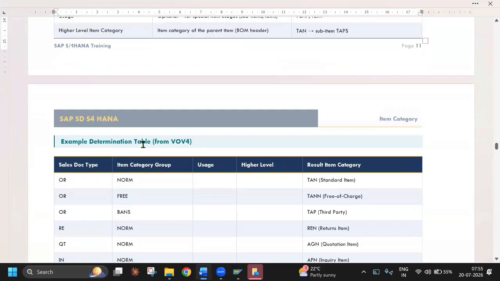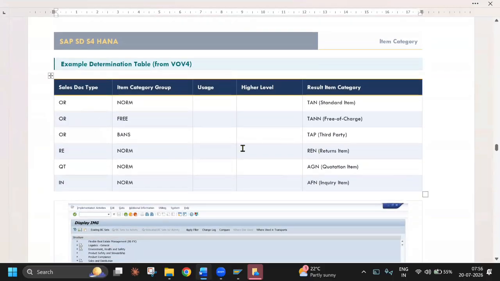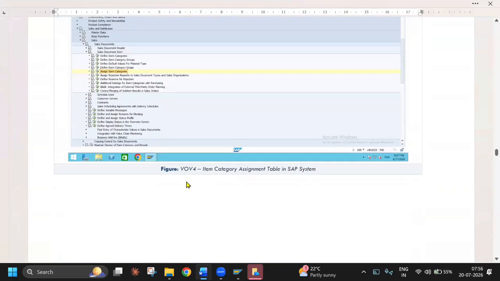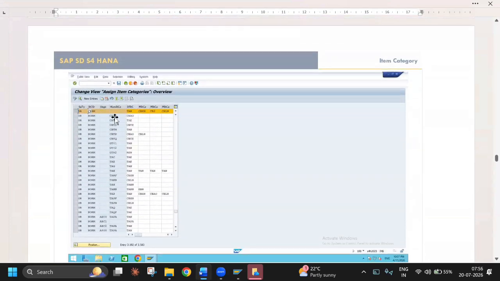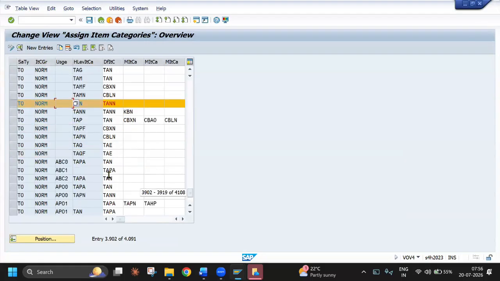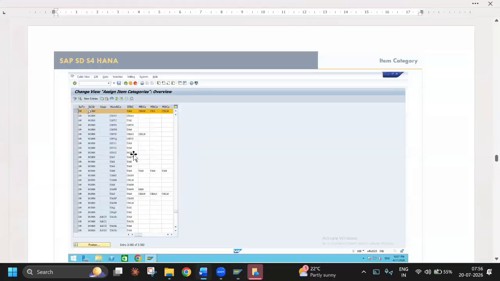Okay. See, same way here, it has been determined. Okay, assign item category, and we have seen this. Okay, so you can see, if you want to check with TAN, you can check with TAN as well. Okay, now